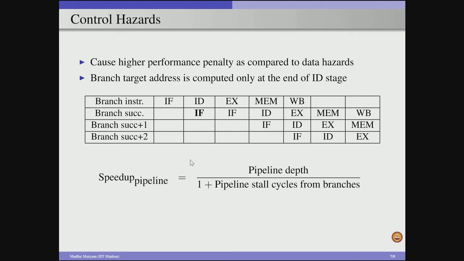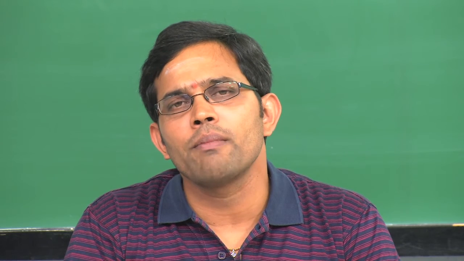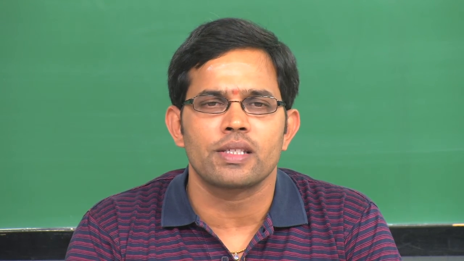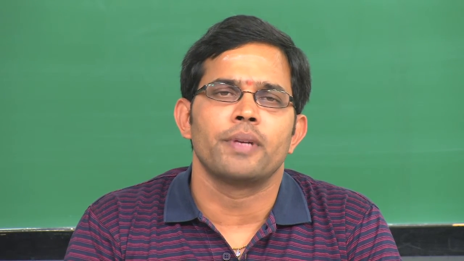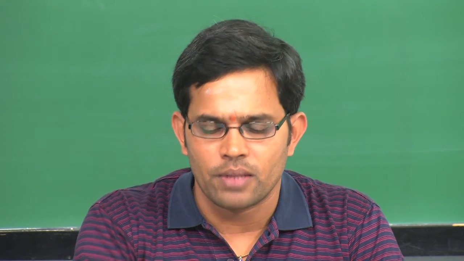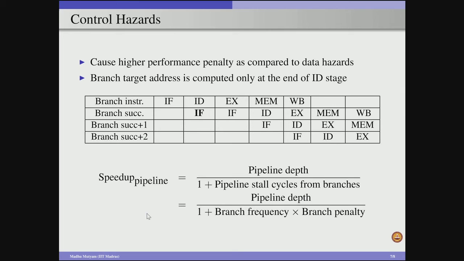So the speedup with pipelining is the ratio of pipeline depth to 1 plus pipeline stall cycles from branches. If we minimize the number of stall cycles from the branches, we can improve the overall speedup with pipelining. The pipeline stall cycles from branches can be expressed as the product of branch frequency